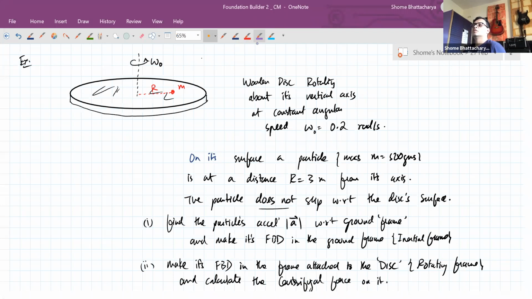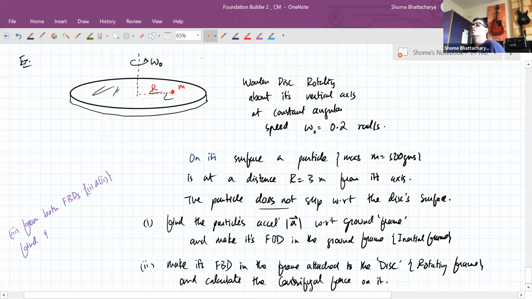Now, third part: from both free body diagrams, part 1 and part 2, find the contact forces, that is normal reaction and friction, acting on the particle,